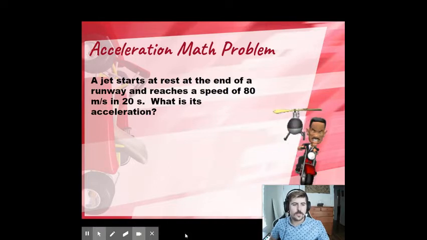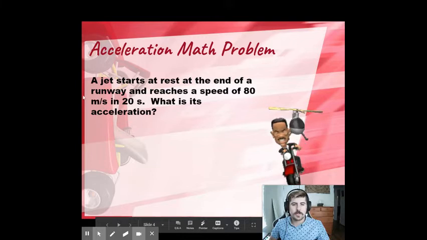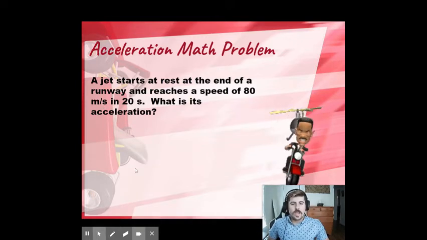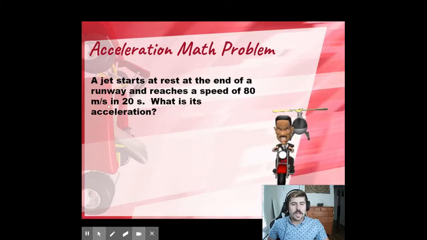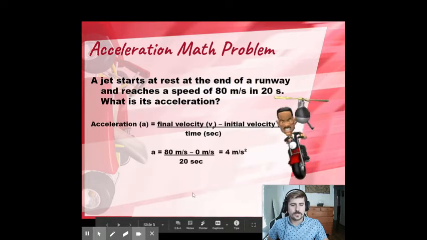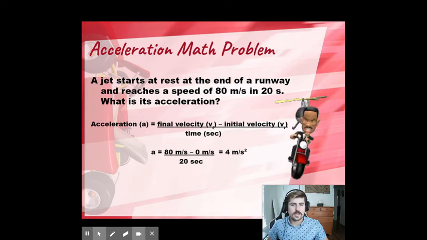So next, we'll go ahead and get started on a math problem. We'll do a math problem together. A jet starts at rest at the end of a runway and reaches a speed of 80 meters per second in 20 seconds. What is its acceleration? So what we have to do is